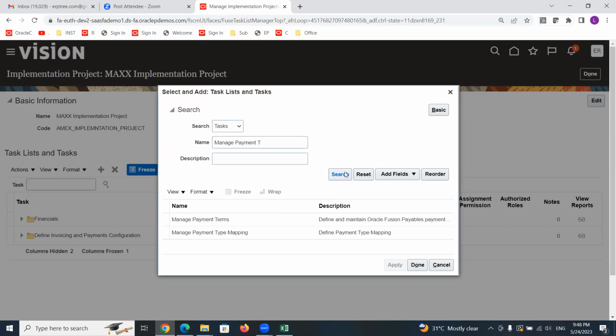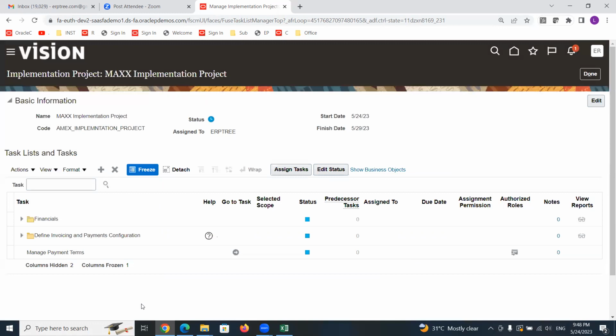Search. Yes, we are able to see that. So manage payment terms, select, click on apply. This will be added into our project. Added, you can see here. Now click on done.